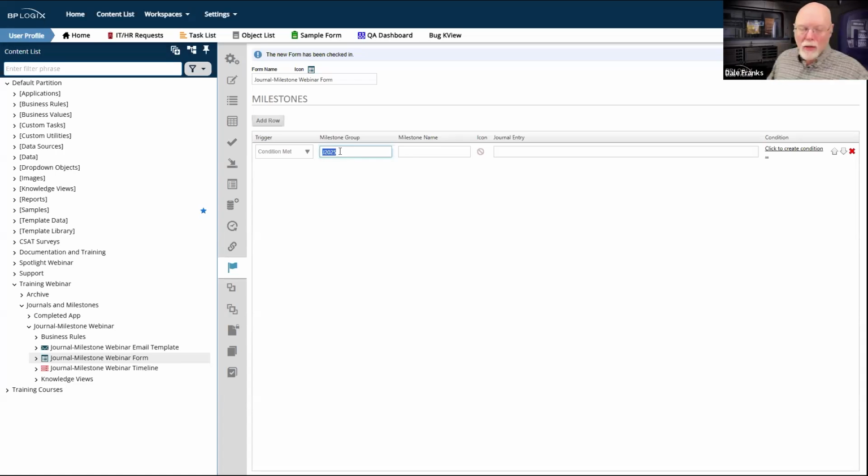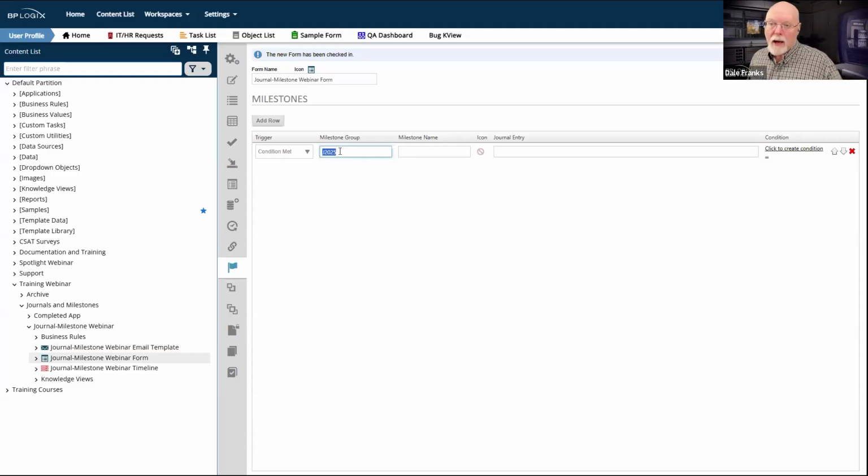Now, on the form, we have the comment group name, which is just a text box, and it only allows me to type in a particular comment group name. So there's only one per control. But I can have multiple milestone groups in a set of milestones on the milestones tab. I might have 2, 3, or 4 groups.